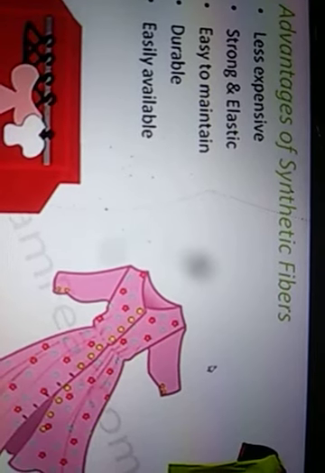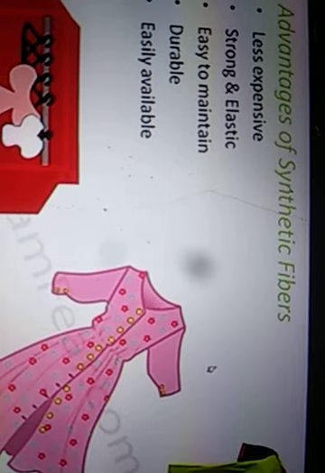Now in order to prepare these fibers, we can produce as much as we want, so they are easily available. But when we talk about natural fibers, they are not in our control, so the availability is not in our control. Okay. Now, however many advantages we have, at the same time there are some disadvantages or negative points